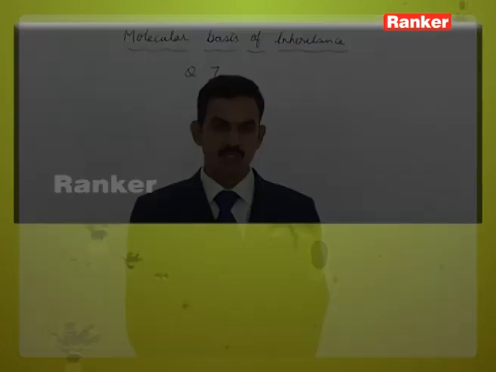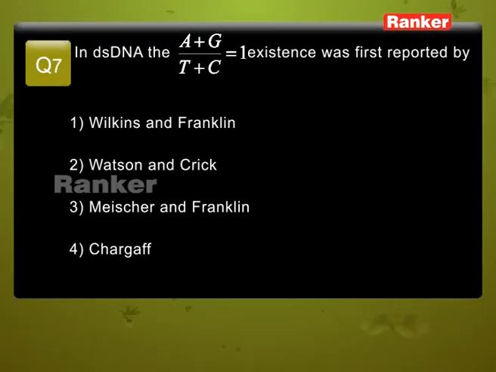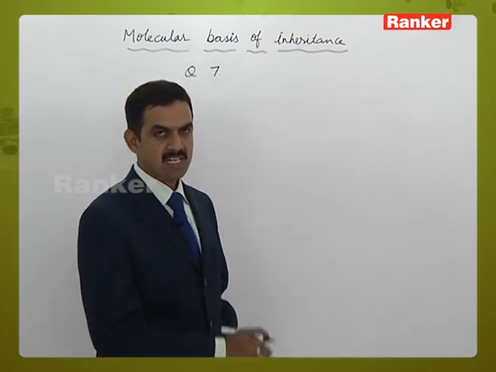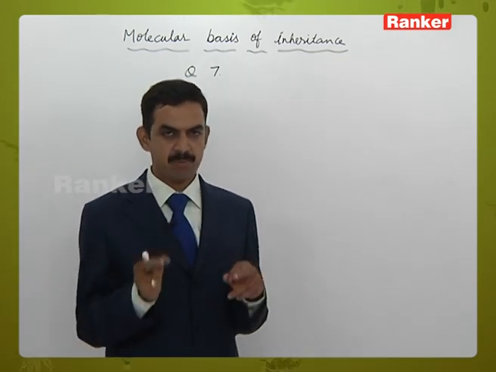Question number 7. In double stranded DNA, the ratio A plus G by T plus C is equal to 1. Its existence was first reported by: options: 1. Wilkins and Franklin, 2. Watson and Crick, 3. Michaud and Franklin, 4. Chargaff. So here we have to know something about the relationship between the purines and pyrimidines which are present in